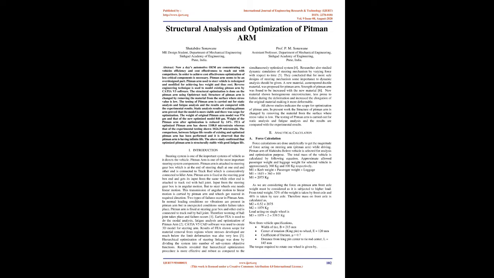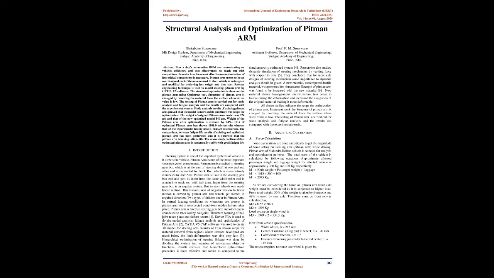Reverse engineering technique is used to model the existing Pitman Arm in CATIA V5 software. The structural optimization is done on the Pitman Arm using the OptiStruct tool. The structure of the Pitman Arm is changed by removing material from the surface where stress value is low. The testing of the Pitman Arm is carried out for static analysis and fatigue analysis, and the results are compared with